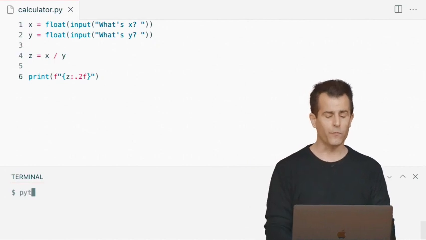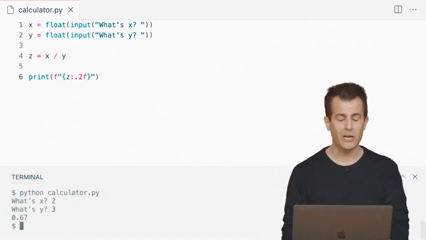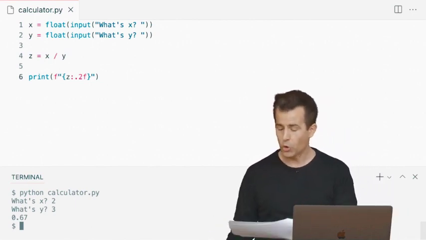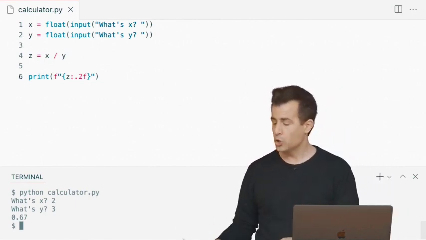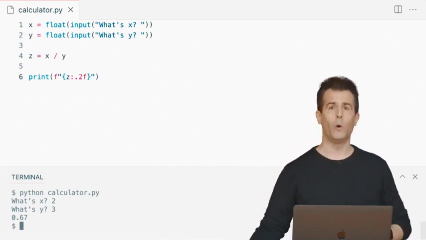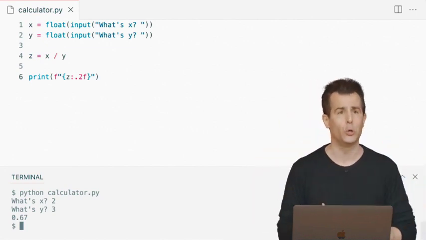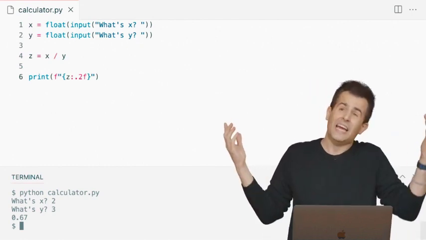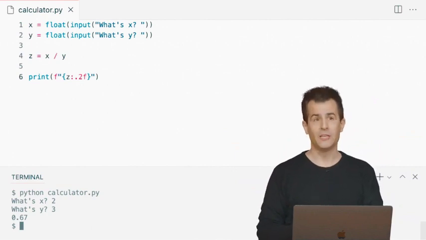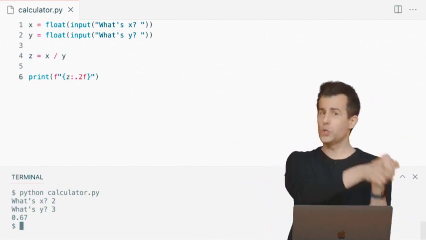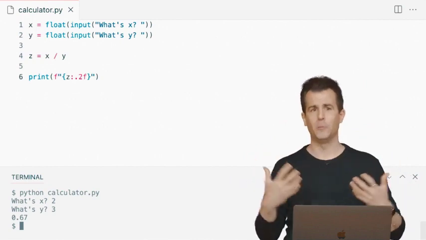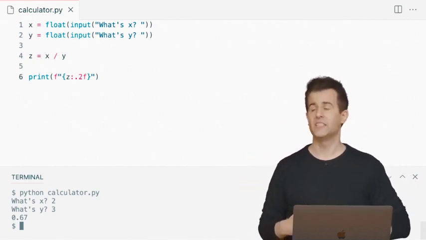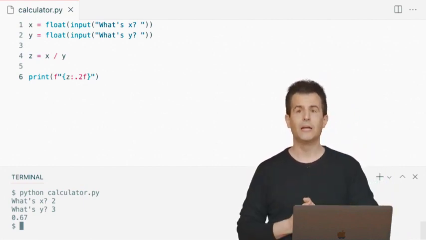So let me run this version of the calculator. Type in 2 and then 3. We get the exact same thing. But again, this is just consistent with my claim that in programming, we can so very often solve the same problem in multiple ways. This is now the f string approach to that very same problem. All right, which one is better? It depends. In this case, they're pretty equivalent. You could imagine, though, it being useful to use a function sometime so that you can pass in an argument like n digits as that second argument. Or you can imagine just deciding in advance that you want 0.2 and then writing it like this.